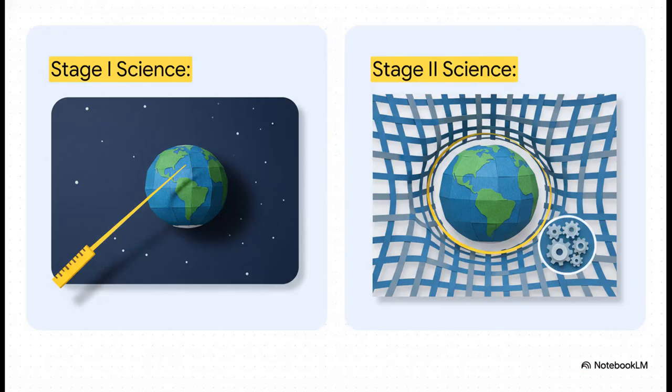This distinction really gets to the core of the MCF's entire philosophy. It splits science into two stages. Most of what we do now it calls Stage 1, which is focused on measuring and describing what happens. For instance, light bends near a massive object. That's an observation. The framework positions itself as Stage 2 science, which is all about explaining the mechanical how and why. So the explanation becomes plasma deformation channels light. See the difference? It's a shift from just observation to pure mechanism.